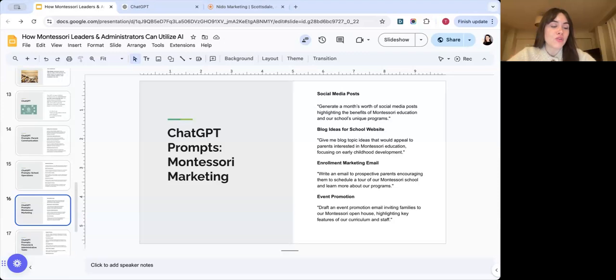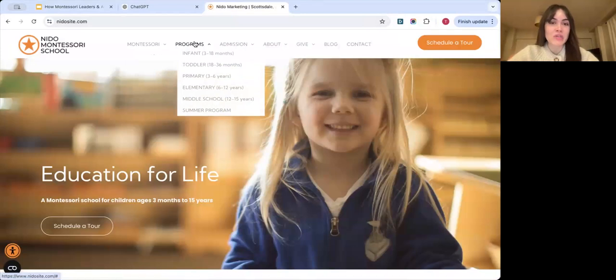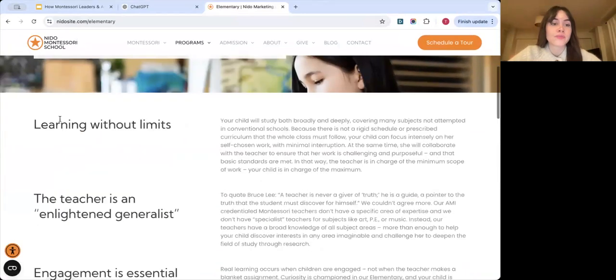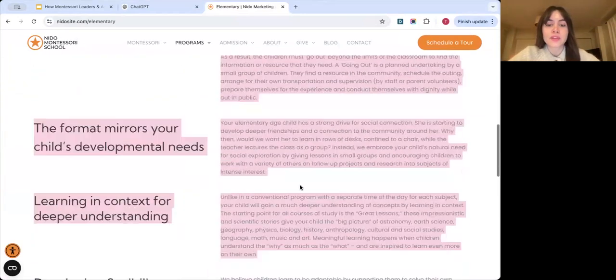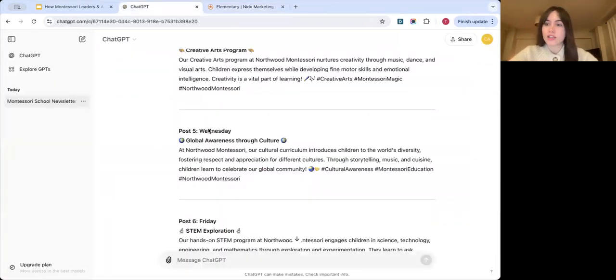Something else I want to point out that you can use AI for, and this is more specifically for our website clients, but really if you have a Montessori website and you find yourself not able to have enough time to edit the copy, this is a great way to do it. So let's say I have here my elementary page. This is all great content, but I wanted to split it into lower elementary and upper elementary rather than having one elementary page. So what I can do is